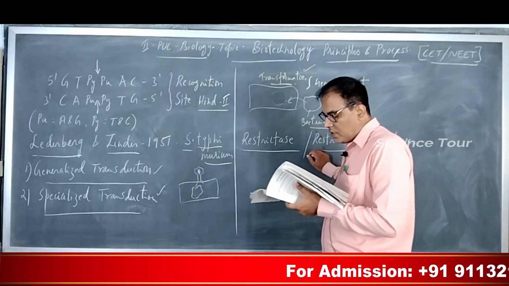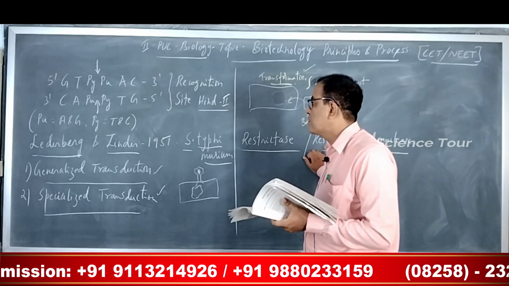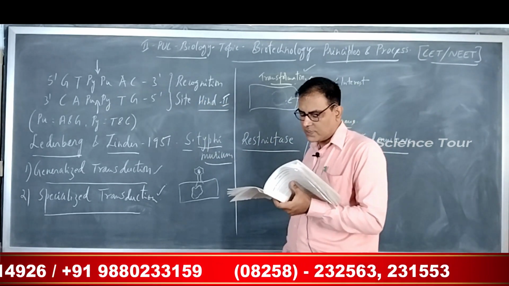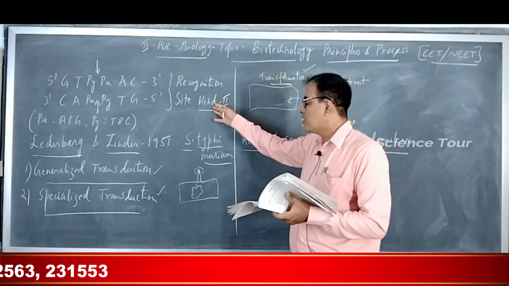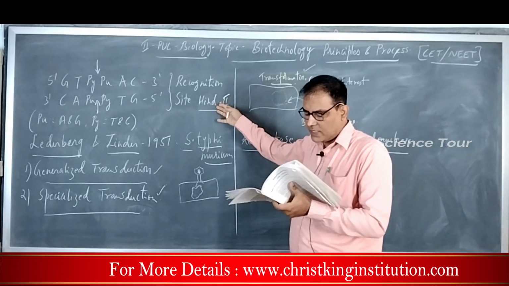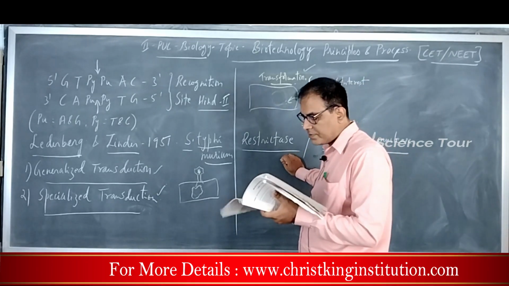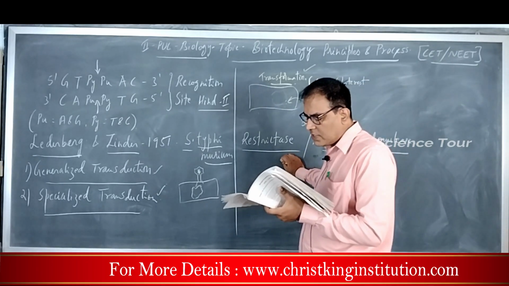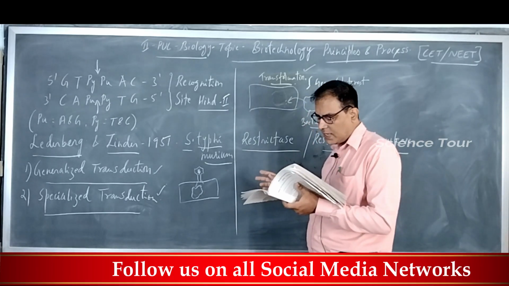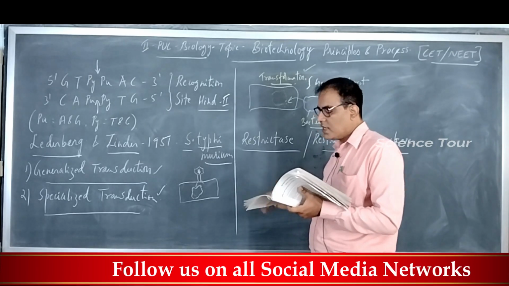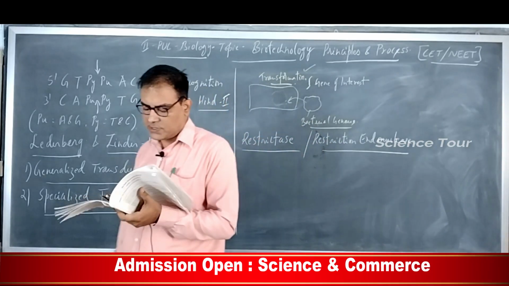A specific sequence of nucleotide bases is recognized by the restriction enzymes. You have seen one of the sequences. These regions are called recognition sequences or recognition sites, and they are randomly distributed throughout the DNA. When a restriction endonuclease recognizes a sequence, it splits the chemical bond between the adjacent nucleotides of the DNA molecule through the process of hydrolysis.